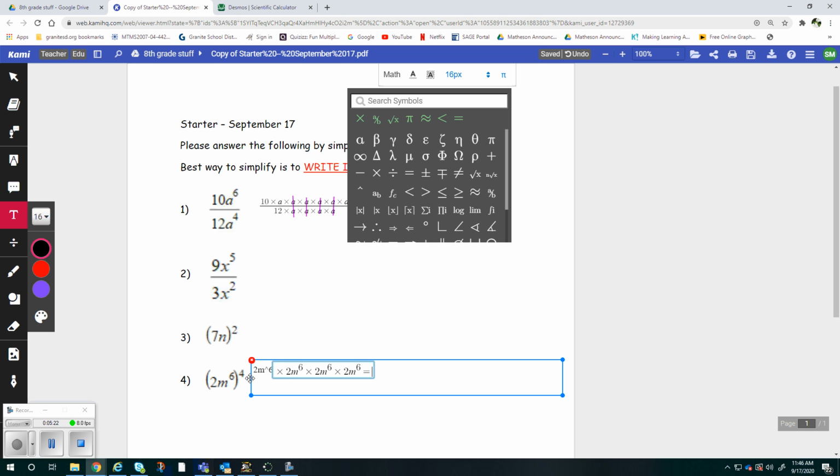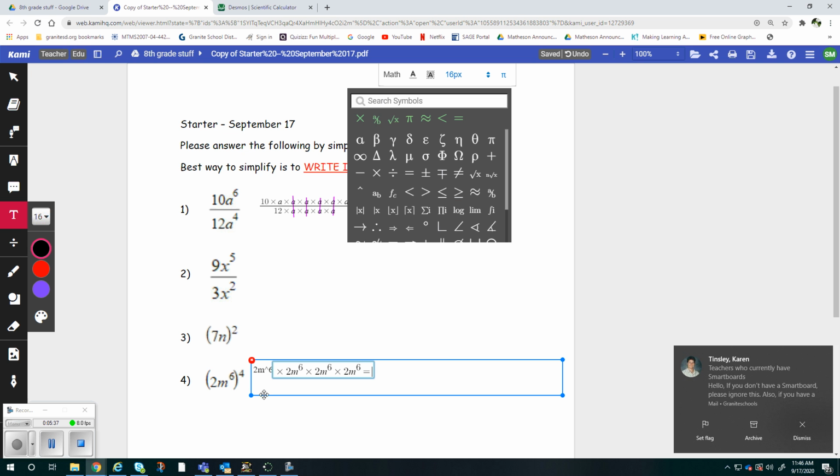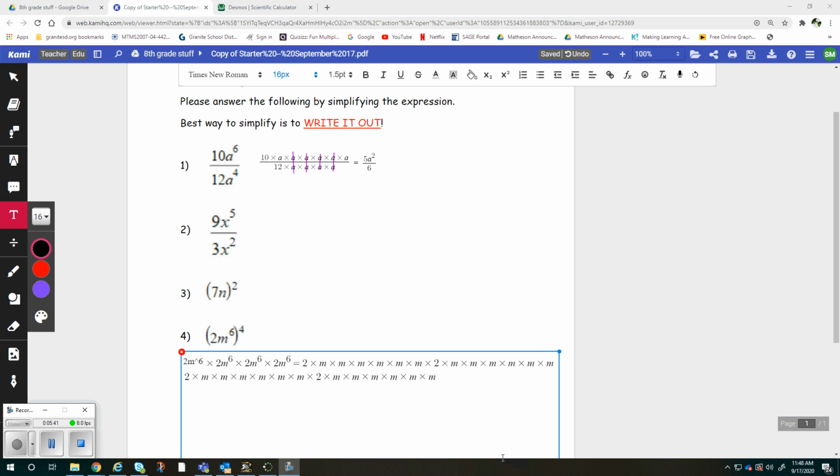So I've got 2m to the 6th multiplied by itself 4 times. Only each one of these m to the 6ths can be multiplied out. So I'm going to kind of do this as quick as I can. Actually, I'm going to pause you and do it while you're not looking, so hold up. Okay, so here I have it. I got 2m to the 6th right there times 2m to the 6th, see the 6 m's, times, I had to go down to another line, 2m to the 6th times 2m to the 6th. And now